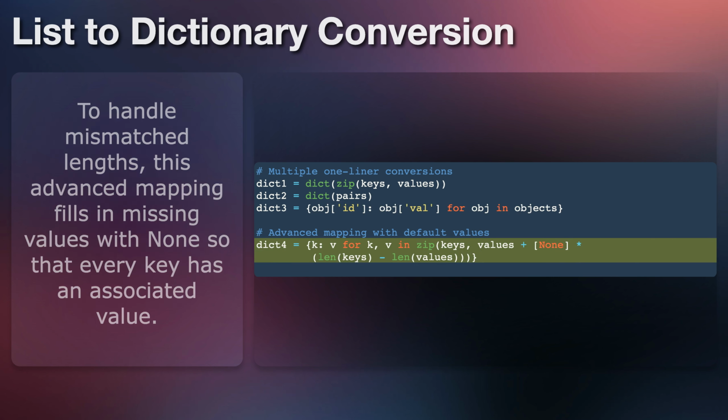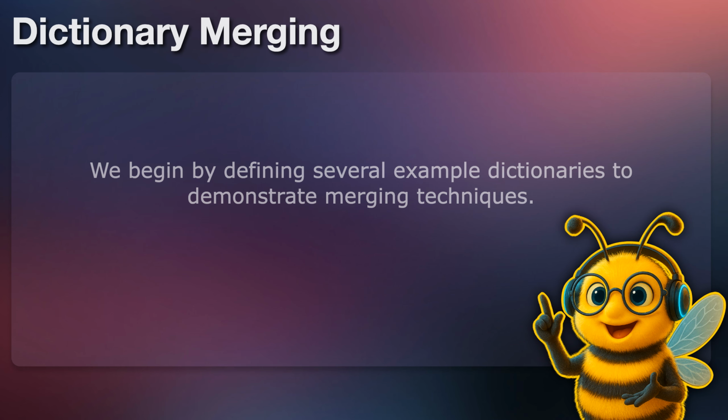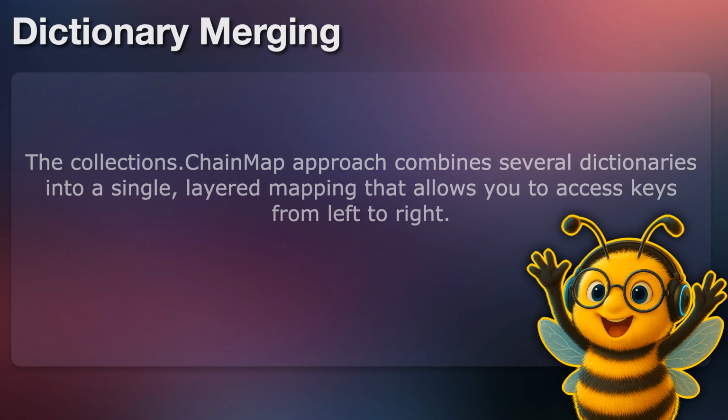Let's explore how to merge multiple dictionaries into one using concise Python one-liners. We begin by defining several example dictionaries to demonstrate merging techniques. Here's a one-liner that merges multiple dictionaries using dictionary unpacking, combining their key-value pairs into a new dictionary. The collections.ChainMap approach combines several dictionaries into a single, layered mapping that allows you to access keys from left to